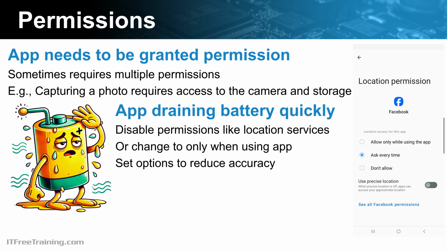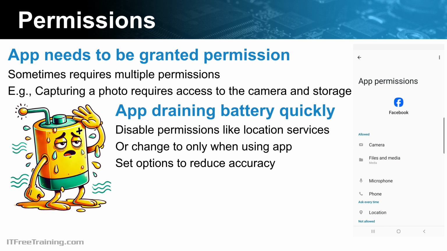To see all the permissions for the app, I will select the option at the bottom, See All Facebook Permissions. You can see here all the permissions the app has access to. Also listed is when each permission was last accessed. If you are concerned what permissions your app has access to, it is worth looking through the list of permissions